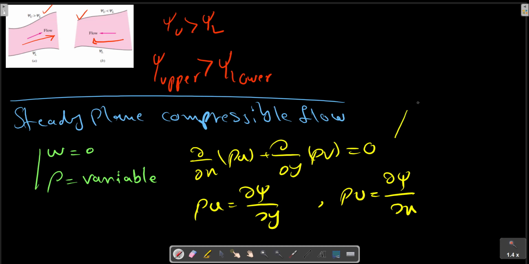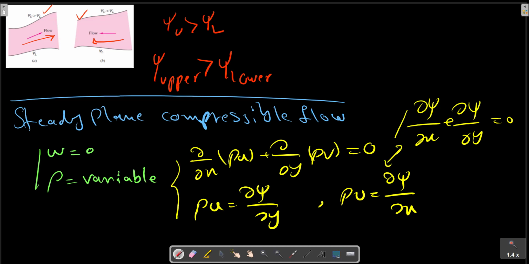If we consider a streamline with psi equals 0, comparing these two relations with the stream function, we can obtain the